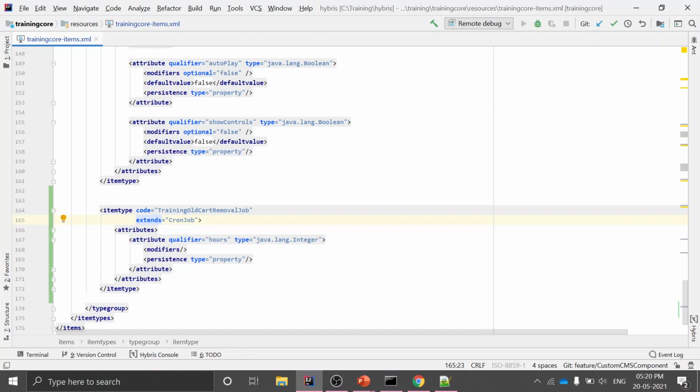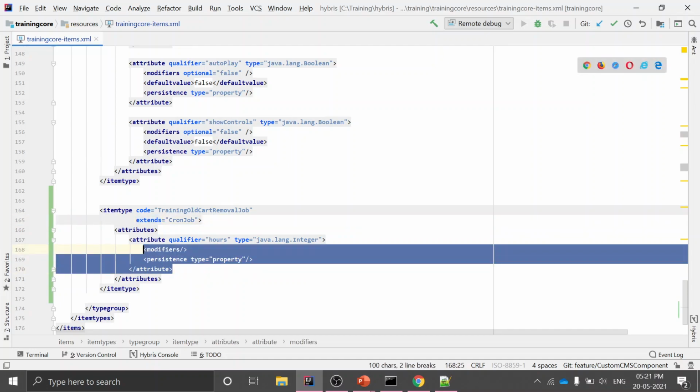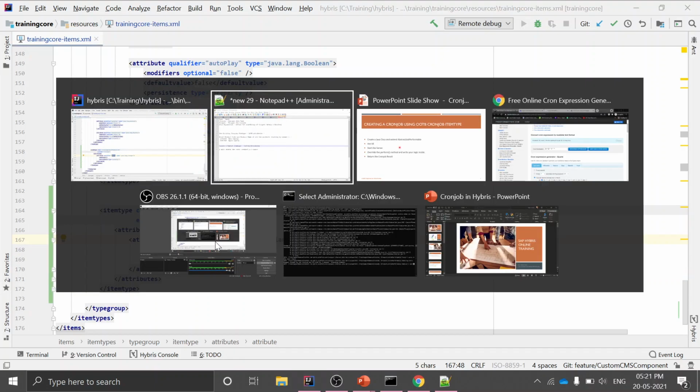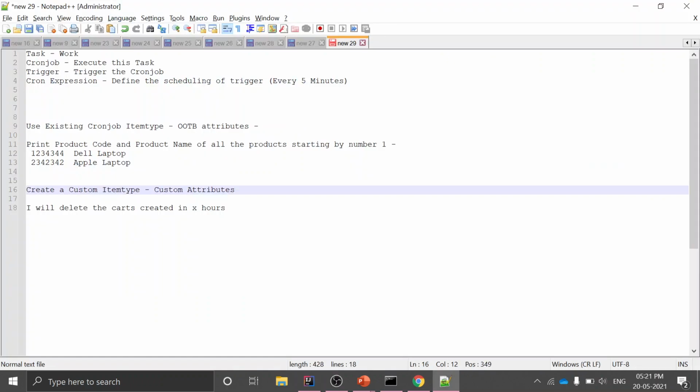You can create your own use case scenario and use your own attributes. So my attribute is hours. This will take the hours which we need to pass to the cron job, that this many hours we need to delete the data. Okay, so let's proceed with this one.